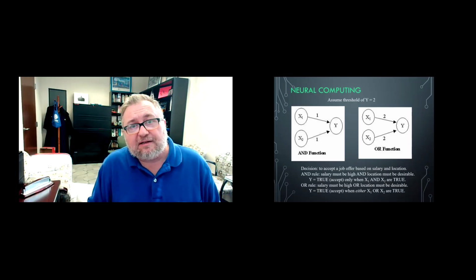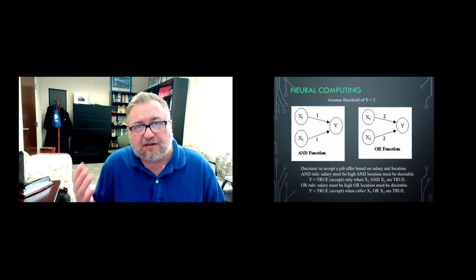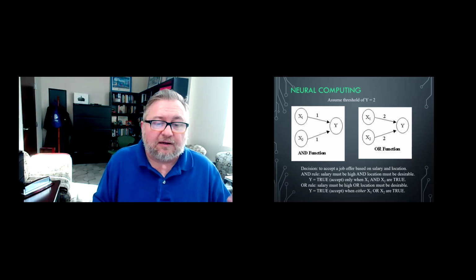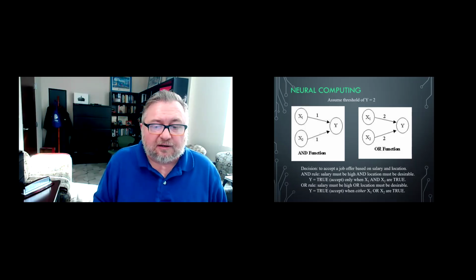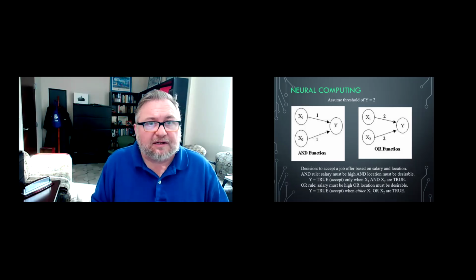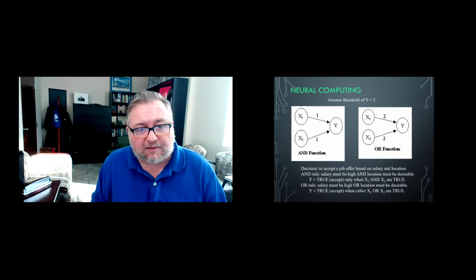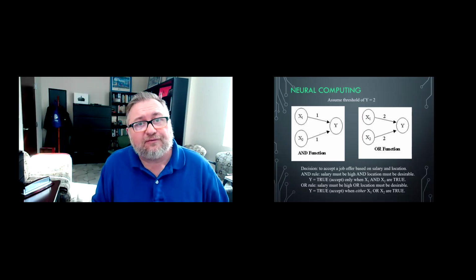And so then the idea is that if both of those things are true, salary is good, location is good, then obviously you're going to say yes, because you have good salary and good location. So in that situation, because X1 is true, salary, and X2 is true, location, then Y is true. You accept, right? If it's only just one but not the other, you're going to say no, right? You're holding out for